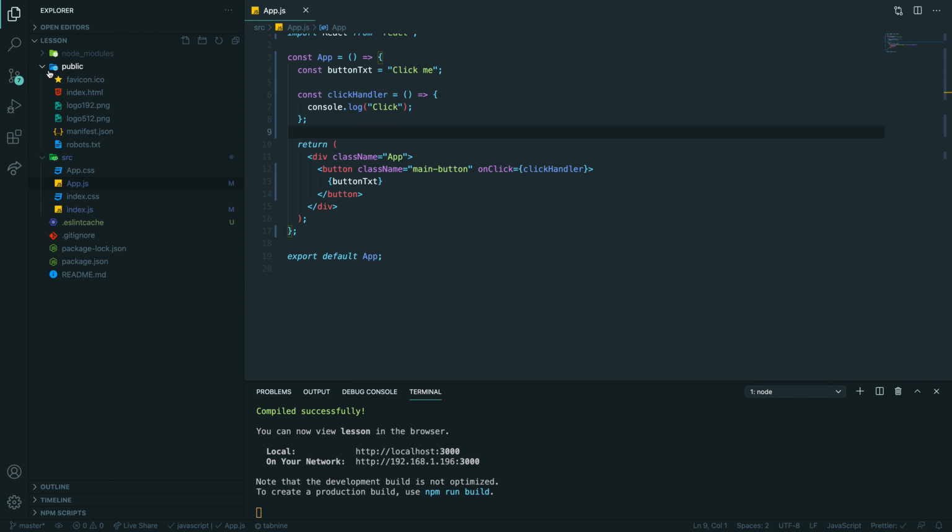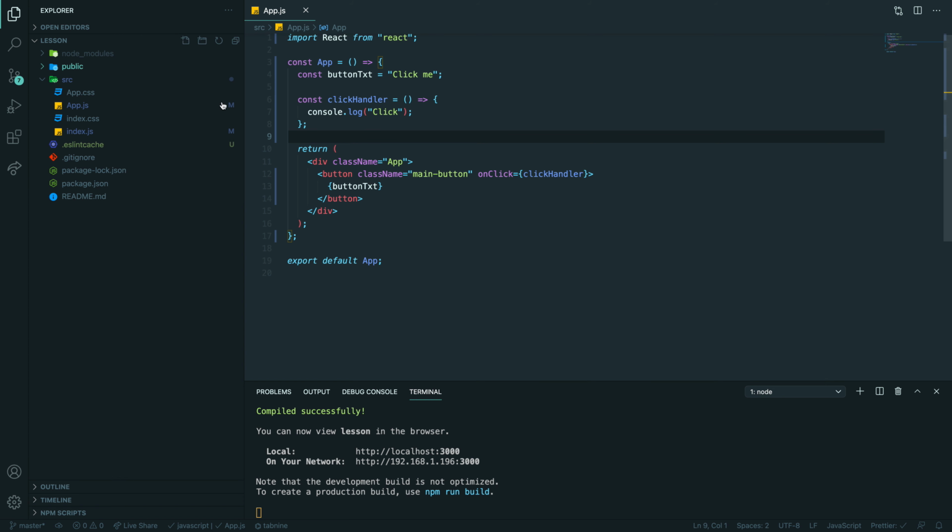Got it. Yeah. So first thing, you asked about, Thomas, are we writing everything in app? So normally, you create a folder in your src and call it components. And inside components, let's create a component.